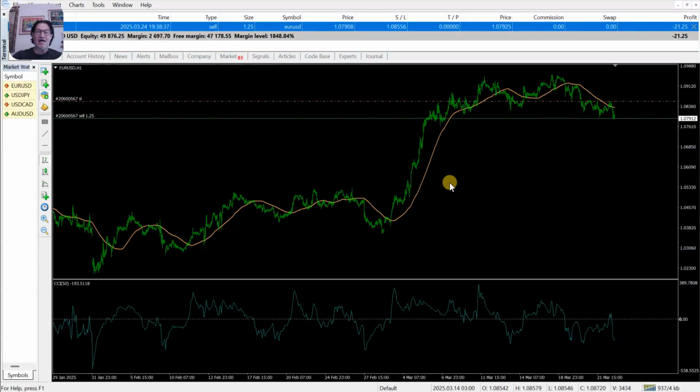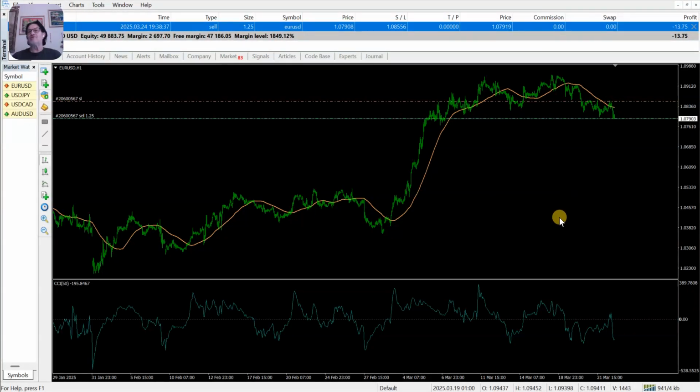What is very nice about this method is that you can easily set this up on your cell phone as well. Download MT4 mobile, log in with your trading account login information, and set it up just like that. Make sure you use the exact same time frame as what you use on your desktop, and set the CCI on your mobile with the same period setting. Install a moving average with the same period setting, and you're done. So you don't need to be glued to your desk.